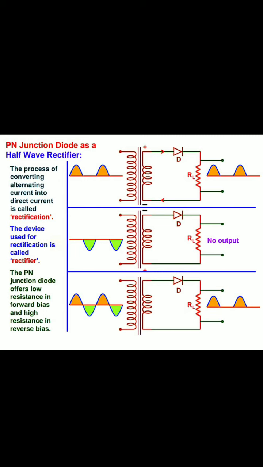Okay, so when the orange color is there, the upper half will be positive, and only then does the diode allow the current to pass through it. So at the output we also get the positive half. For the negative half we do not get any output, that's why one blank space is there. Then again the positive half, we get the current at the output, then again the negative half, so no current, no output across the RL. So we get half of the input at the output, that's why this is called a half wave rectifier.